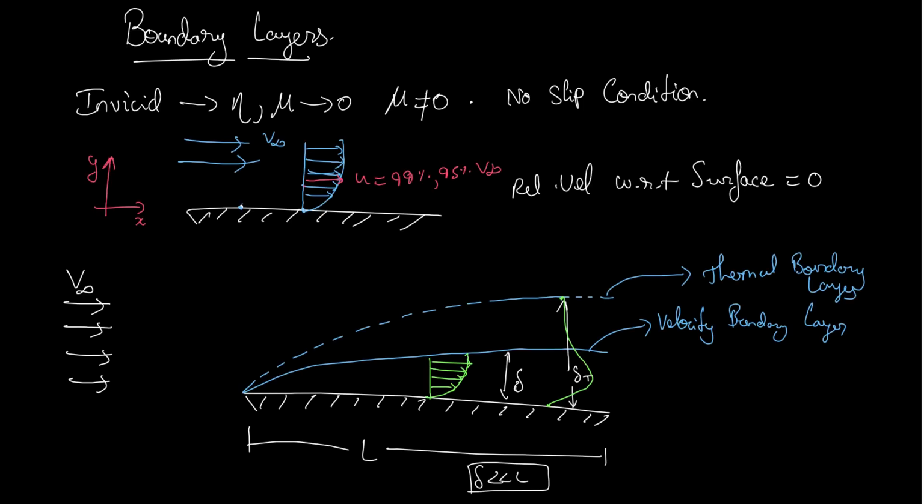And from this figure we can see that there is one more insight. We can see that delta is a function of x, and so is delta T a function of x. X is nothing but the distance along the boundary, along the length of the plate. So we considered this to be x and this to be y. That was our convention. They are not constants anyway.